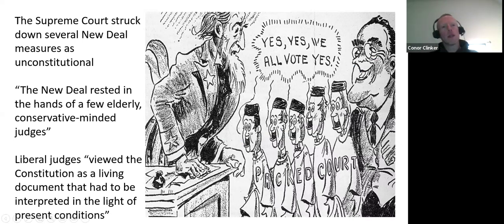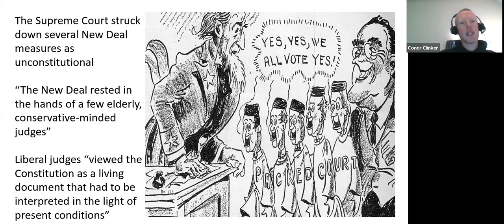The New Deal, that's the blanket phrase for all of the programs Roosevelt was trying to do. So first of all, the Supreme Court, yeah, it did strike down not many, but some New Deal measures as unconstitutional. Right? Some things Roosevelt wanted to do, the Supreme Court said you can't do that. That's our system. That's what checks the power of the executive branch. The Supreme Court can strike down and say you can't do that.